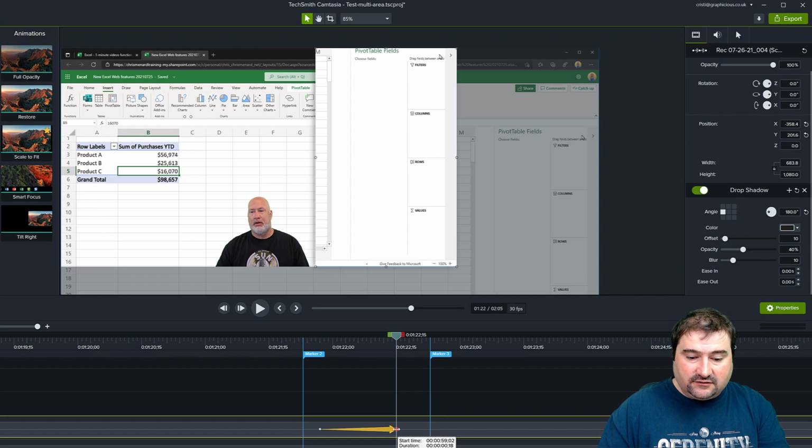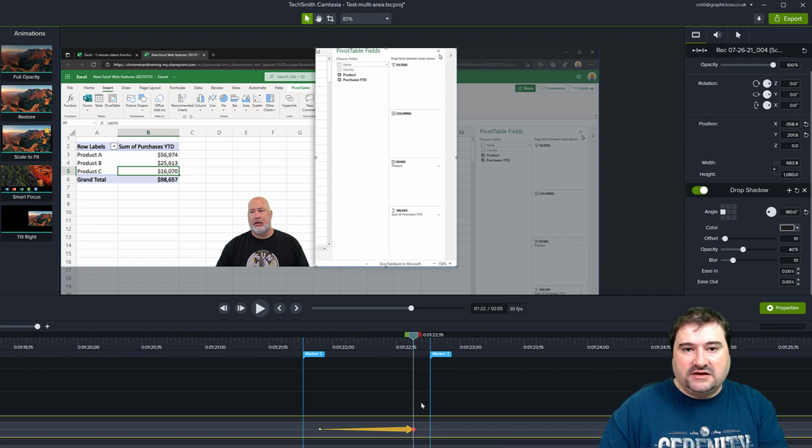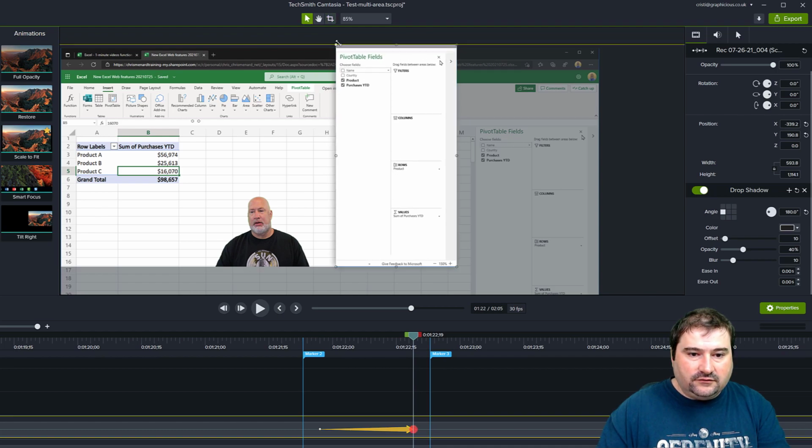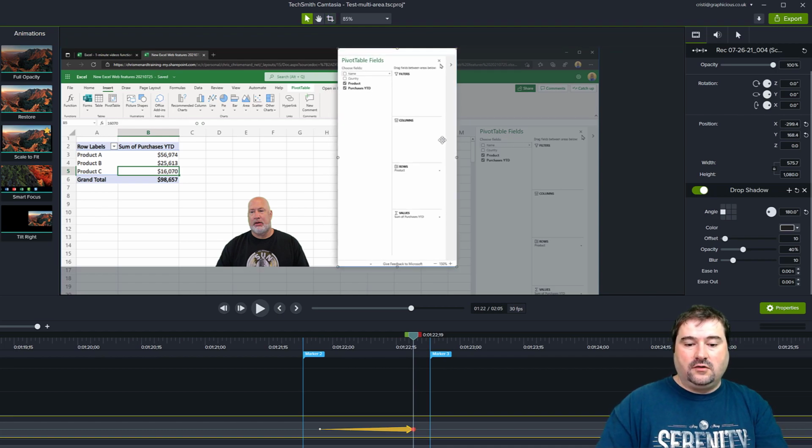So click on the end of the animation and just slide it about here where the animation on screen has stopped animating, well, sliding. So now I'm cropping this area again to the correct size, like so. And maybe I need to push the top a little higher because I need to see the title and that bar above it, maybe, I don't know. And then scale it down to fit inside the screen like so. So now I see the panel again, the new panel.